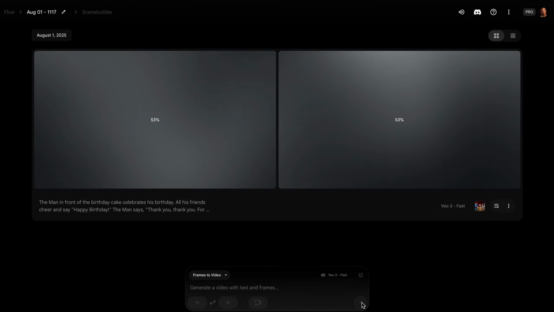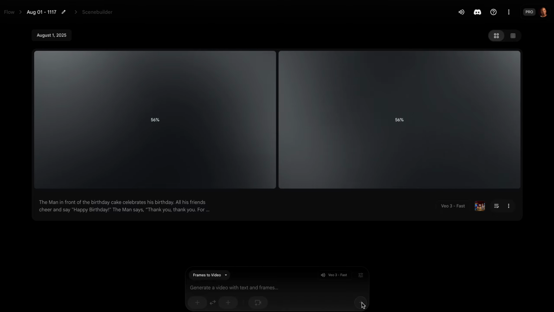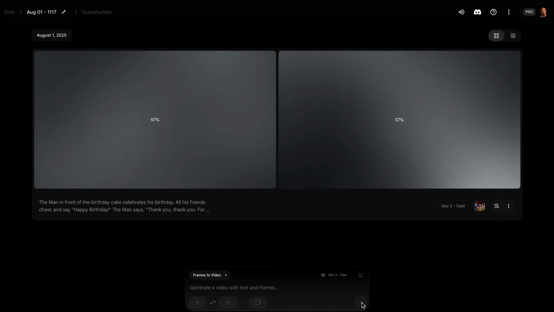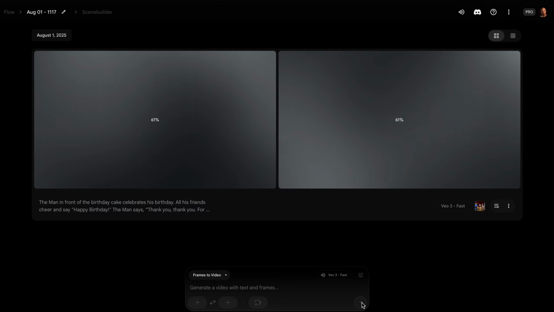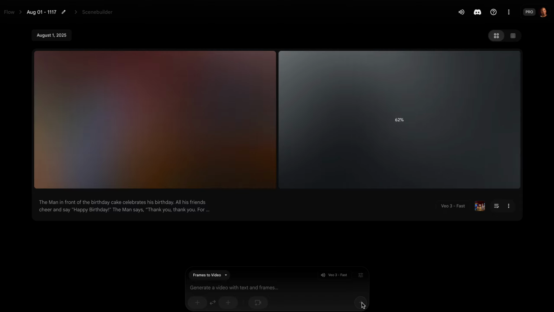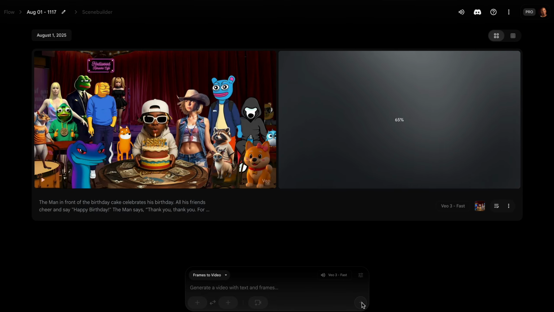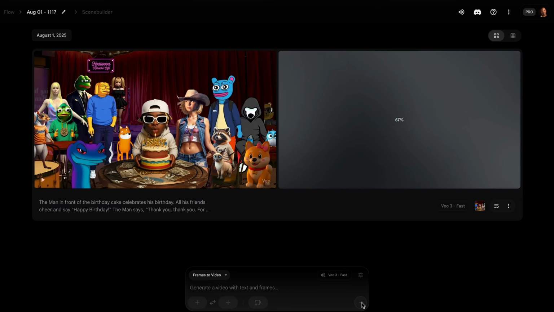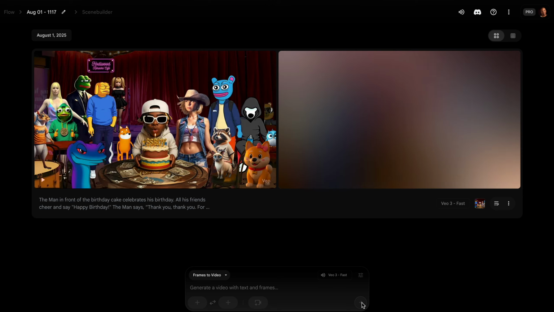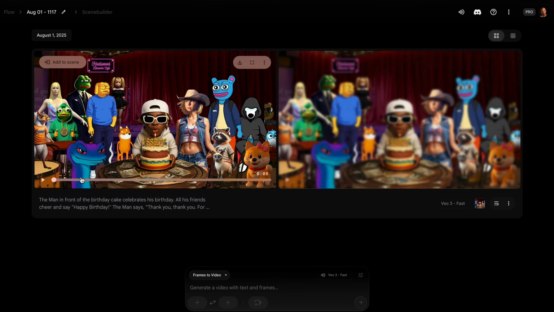And sometimes you will wait to the end and it will give you an error and it'll say, this violates our policy, start over. So what I found is using the likeness of people is a no-no. And so that's why we took the precaution and removed that from the cake. So these are tokens, not people. All right. Okay, it looks like we got our first. Now, normally with VO3, you get two. Sometimes it only renders one, but let's see what we got.